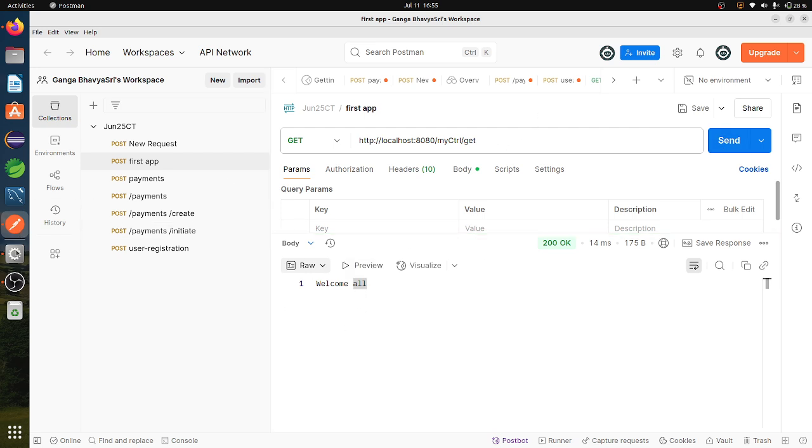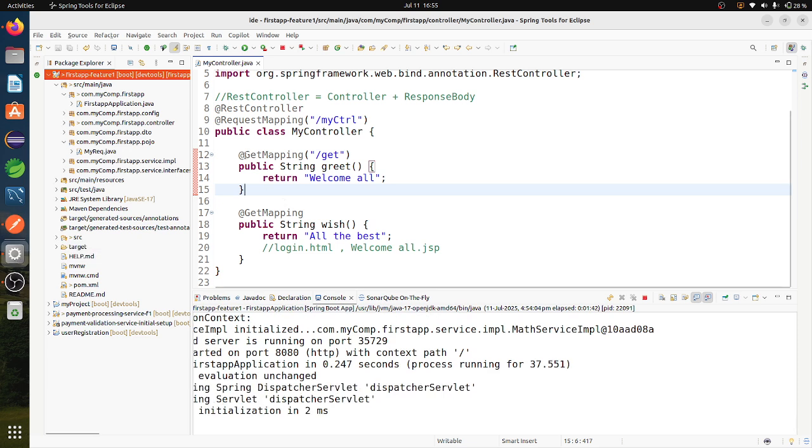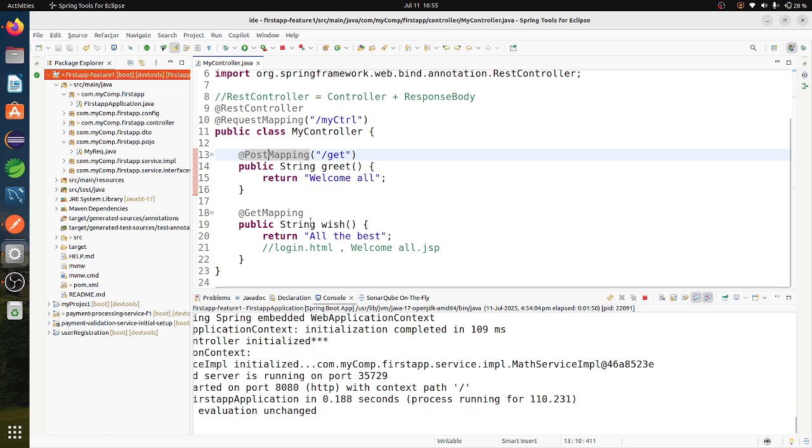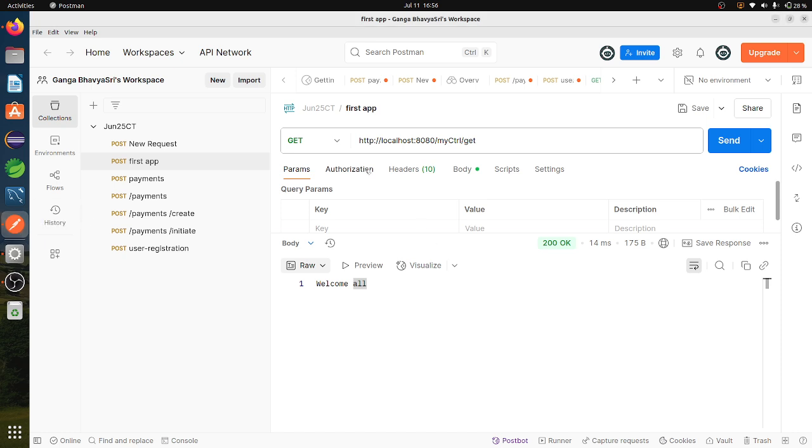And the third way is we can use one mapping for one method and another mapping for another method. So this is one method. So this is the last way. In this way also we can solve this ambiguity error. If I change it to post and run this one, it is giving me an error like this.